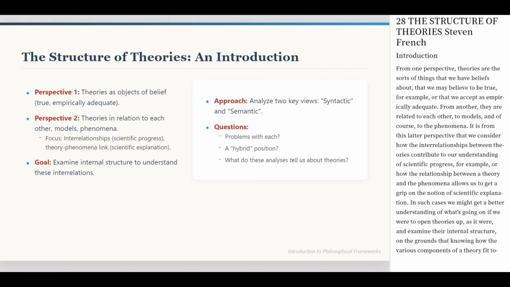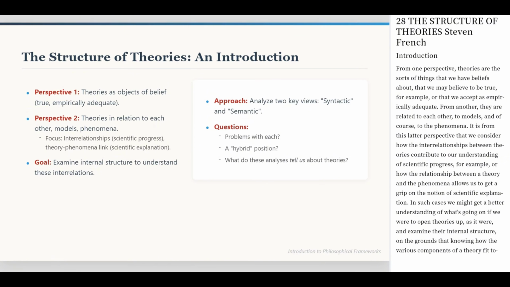So, building on our previous discussion about the scientific method and its sociological dimensions, we now turn our attention to the very fabric of scientific knowledge, the structure of theories. We often think of theories as things we hold beliefs about. Maybe we believe them to be true, or at least empirically adequate. But there's another angle. Theories aren't isolated islands. They're tangled up with each other, with models, and crucially, with the phenomena they claim to describe. Understanding this web is key to grasping how science progresses and how we even manage to explain the world around